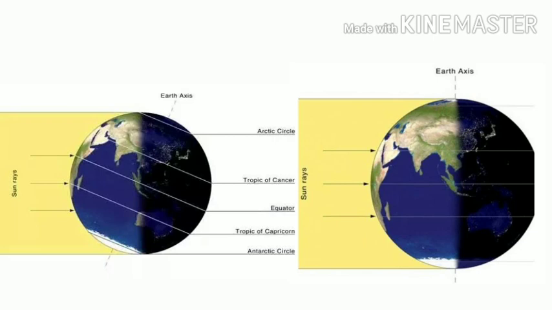And when the sun moves towards the Tropic of Capricorn, then in winter the southern part gets slanting rays of the sun, and the northern part gets only slight rays of the sun. That's why during winter